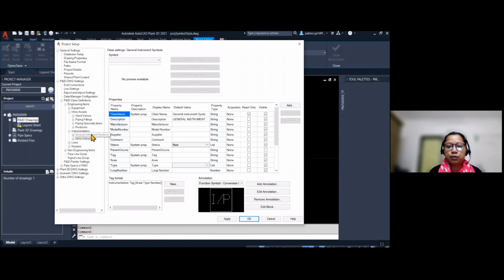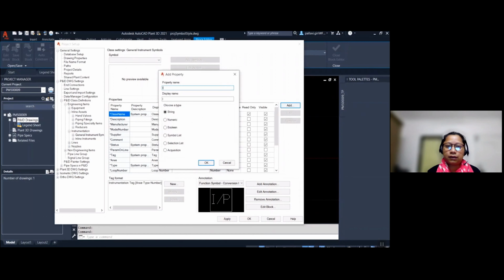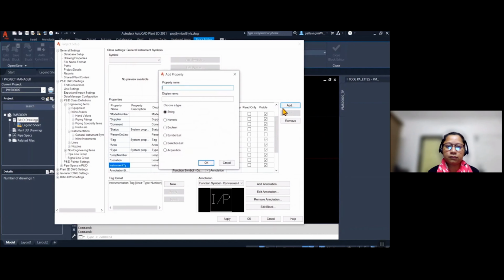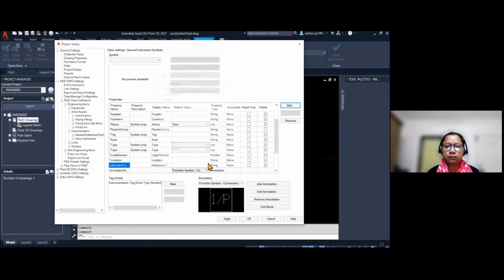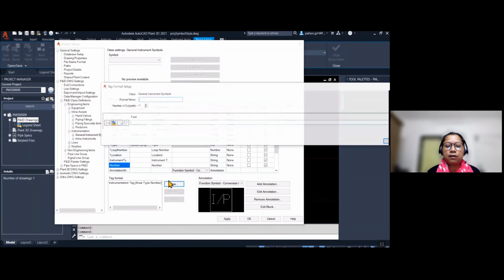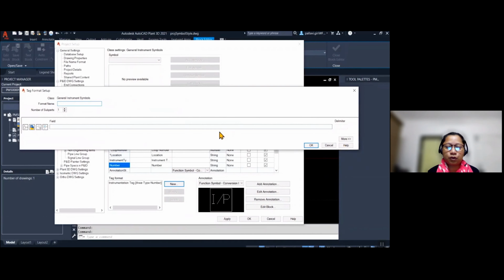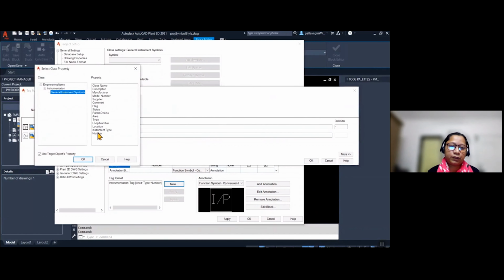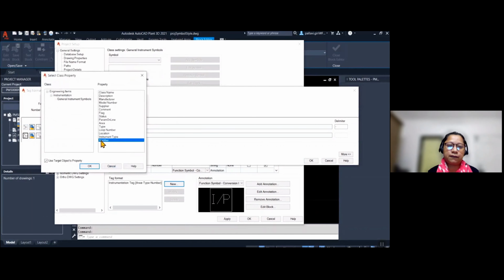Now I'm going to add the general instrument as per our legend sheet. So this is the tag format. I'm sorry, the properties which I'm going to add: the instrument type first in our tag format. That's the first property. And the second property is number. Okay. And now I'm going to add the new tag format for the instrument. So it will be same, my general and session ID, and then underscore general instrument underscore tag. So the first property will be instrument type and second will be the number.